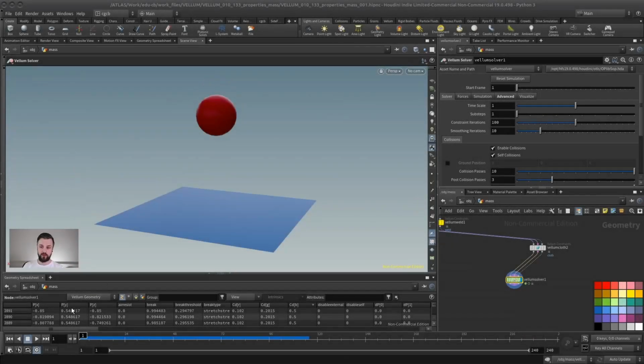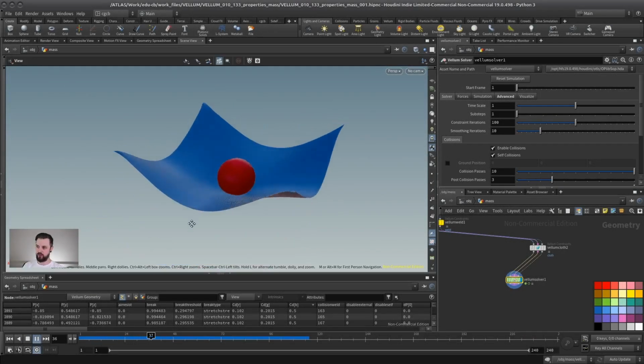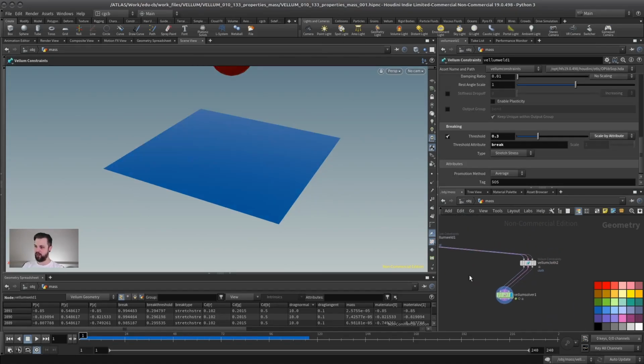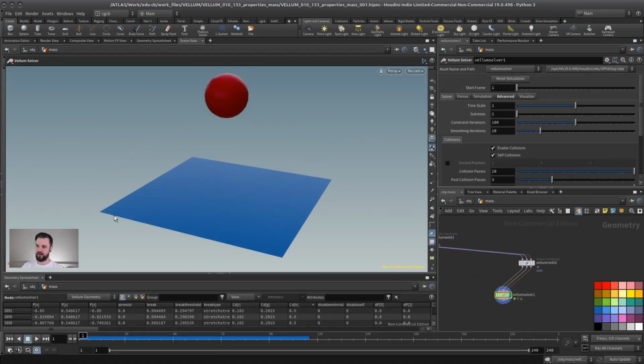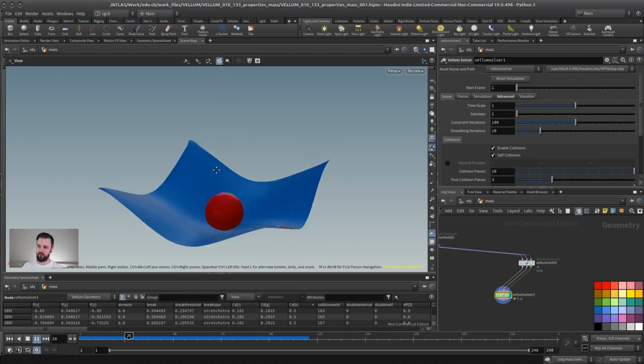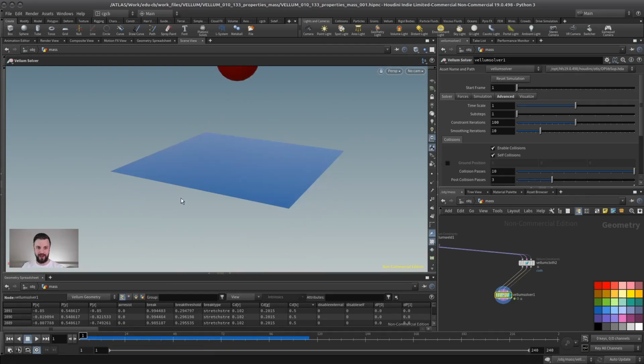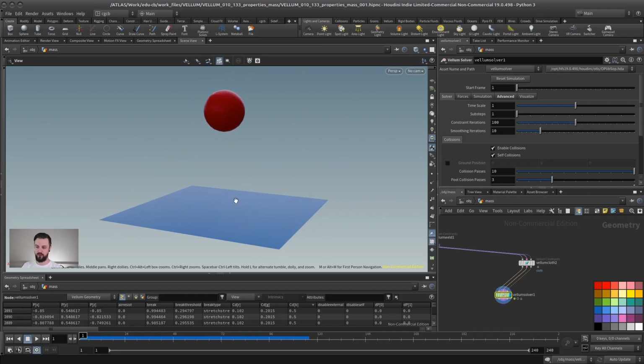Hey everyone, back to our ball example here, falling into the cloth and potentially breaking our weld constraint here. And this time the settings are in a way that it doesn't break. And what we want to talk about in this video is a very important concept, and that is mass. For the first time we actually want to use it because we heard of mass before, and that is in